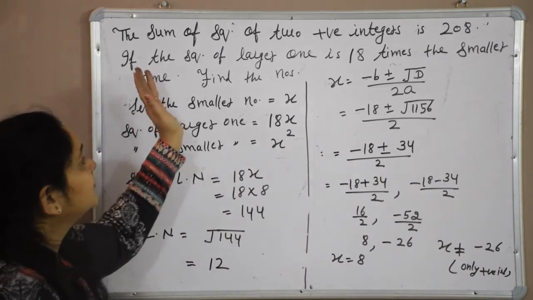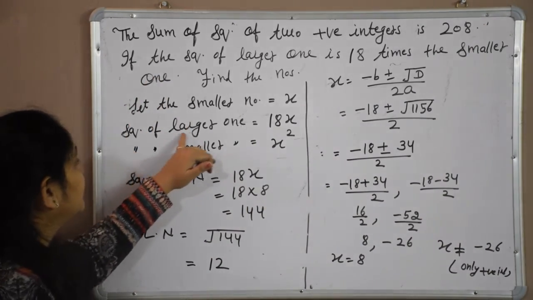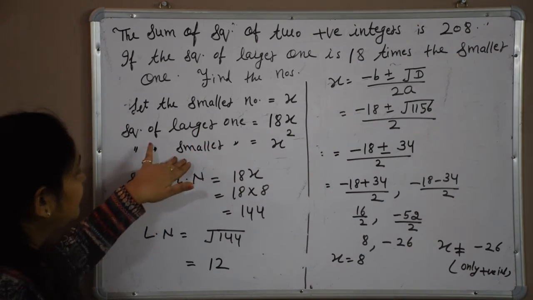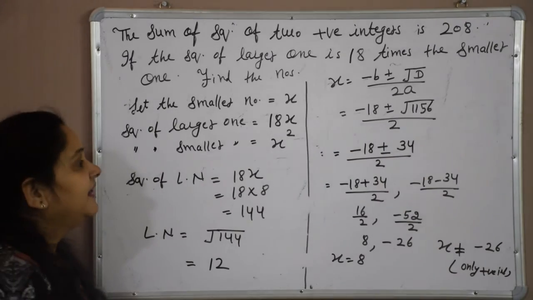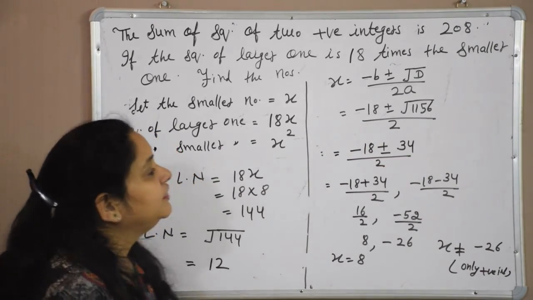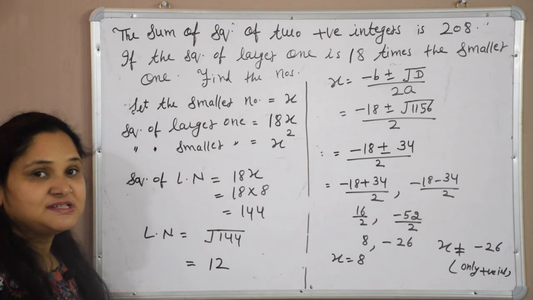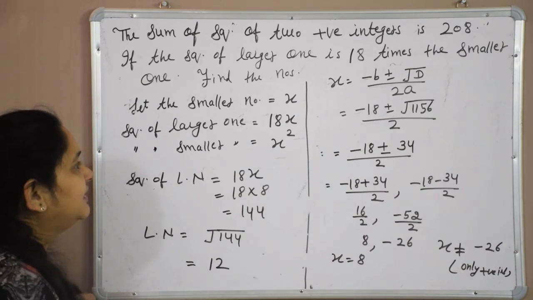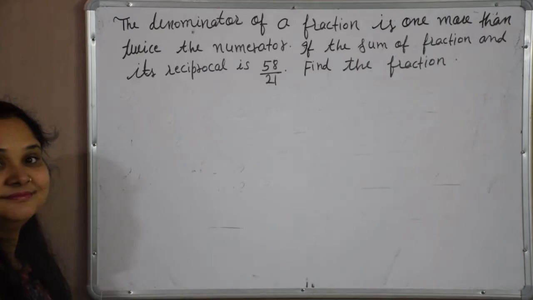It is given that the square of the larger one is, so we have to write it as it is, the square of the larger one, and we need to find the square of the smaller one, and then just add. And the new thing I told you, how we can find the square root of numbers, if you forgot. Otherwise you have learnt all these things in the earlier classes also.